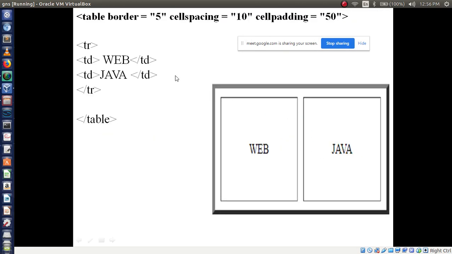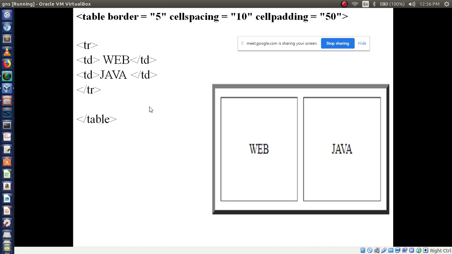See, this is the example. Please write this cell spacing and cell padding example. Here cell spacing is 10, then cell padding is 50. You can say 50 pixel, 10 pixel, like that. Spacing and padding you have to write under the main table tag.